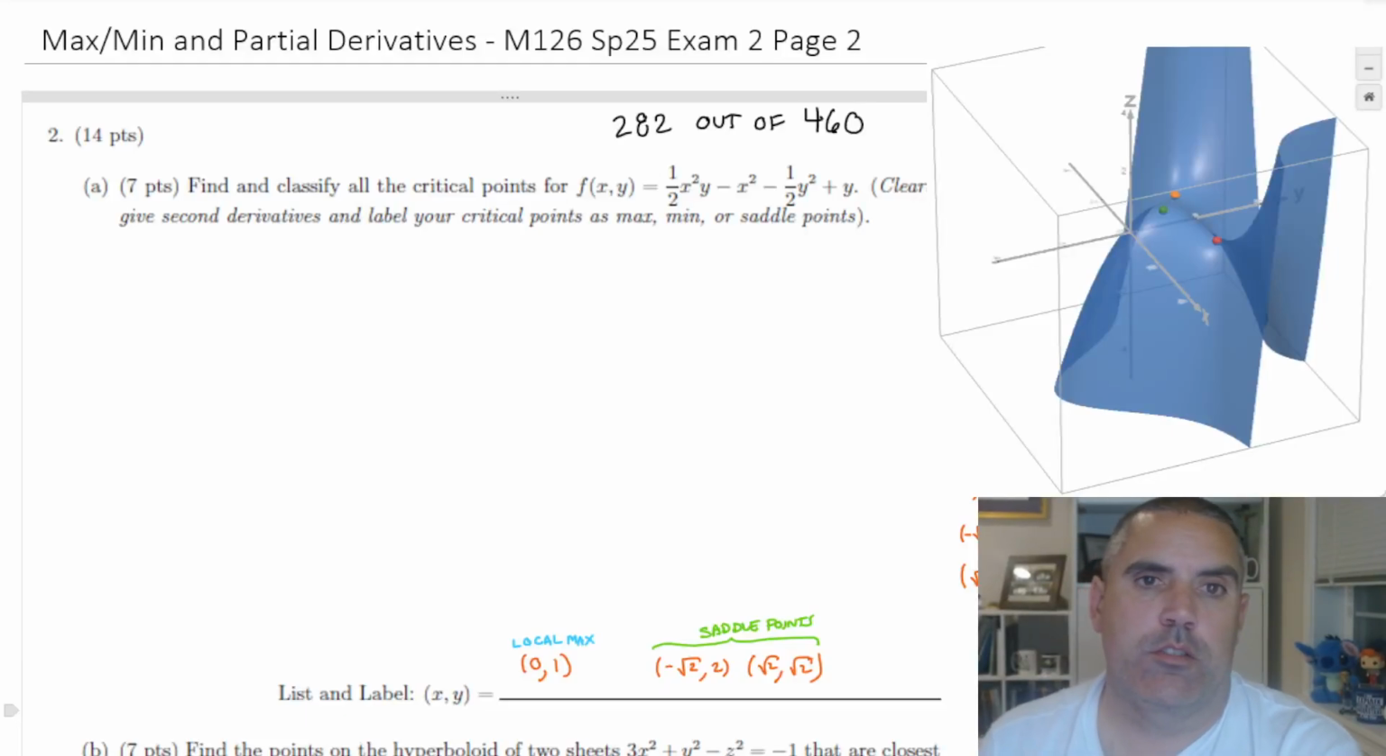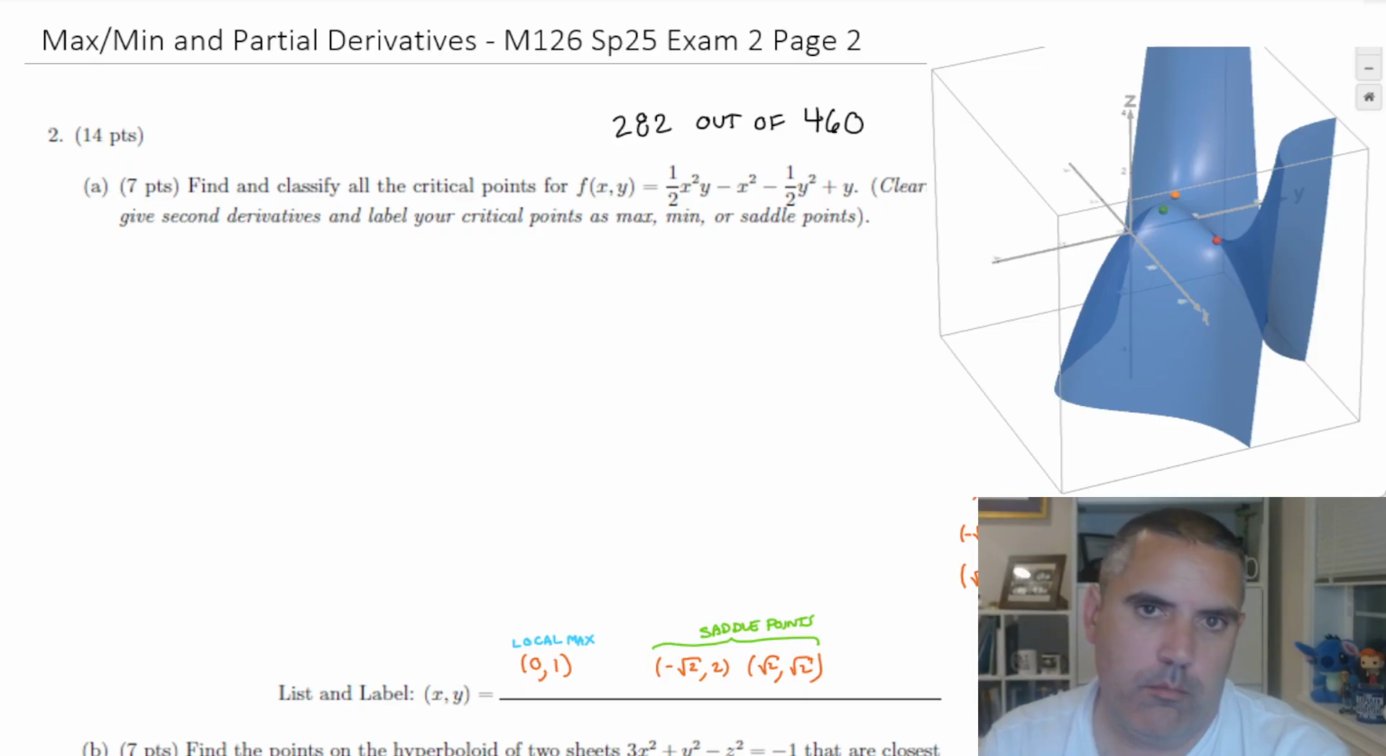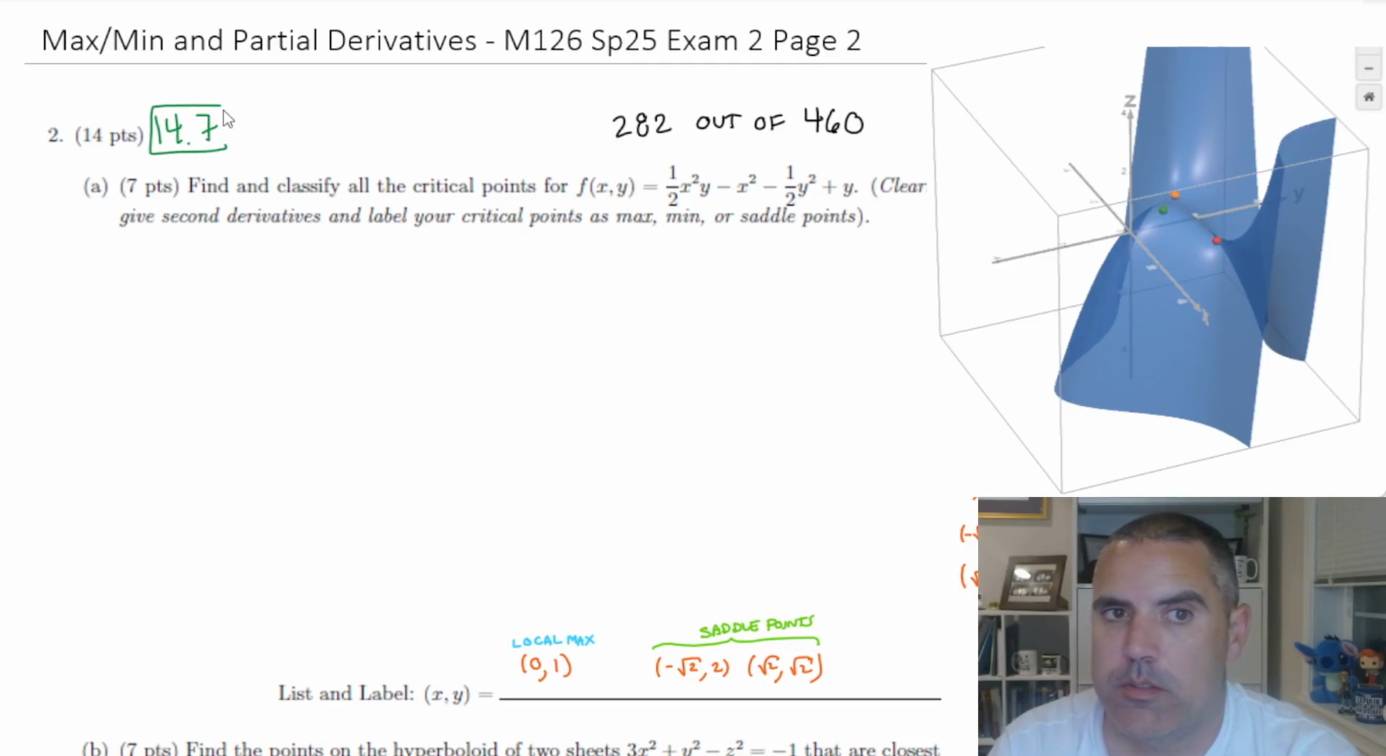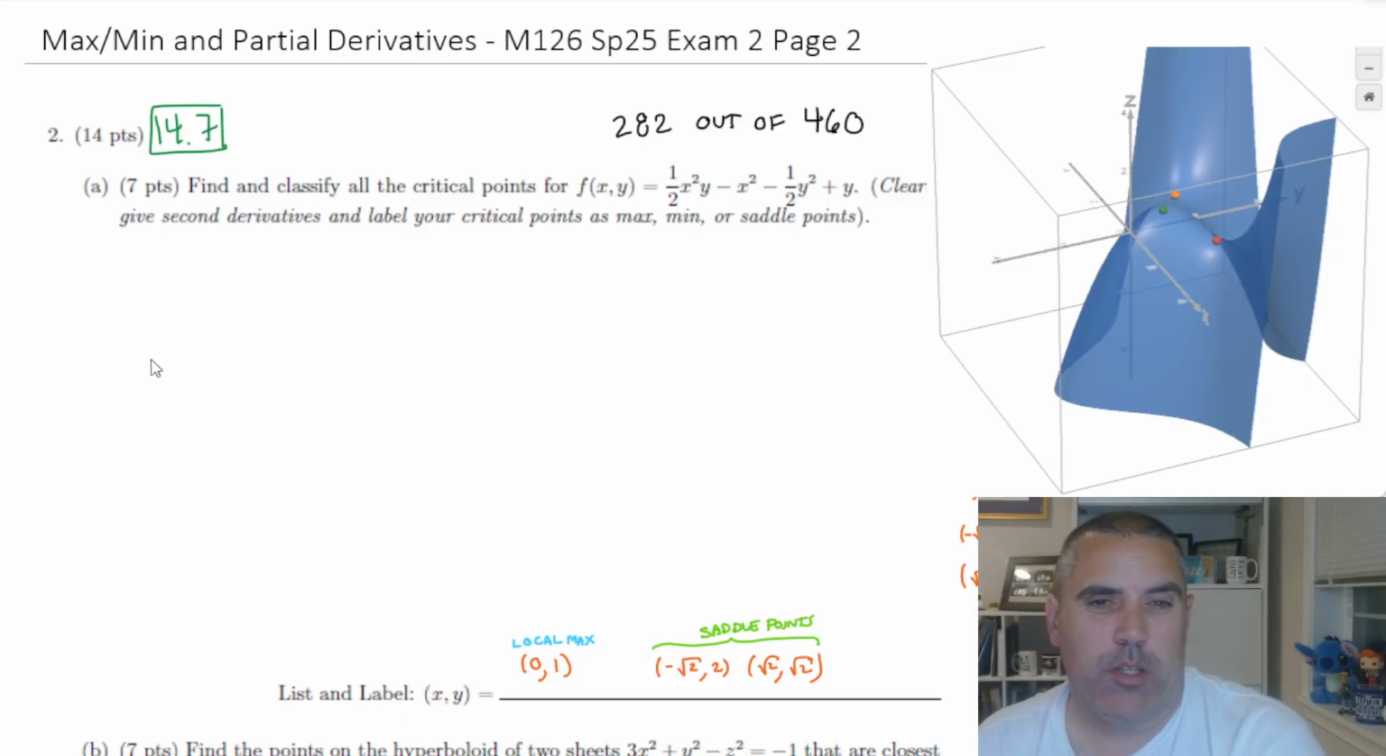Hello, Math 126 students. I'm going to talk about page 2 of my Spring 25 exam 2. This was the page that was about 14.7, which was how we use partial derivatives. I had promised there would be a question about local max and min, so I hope when you turned to